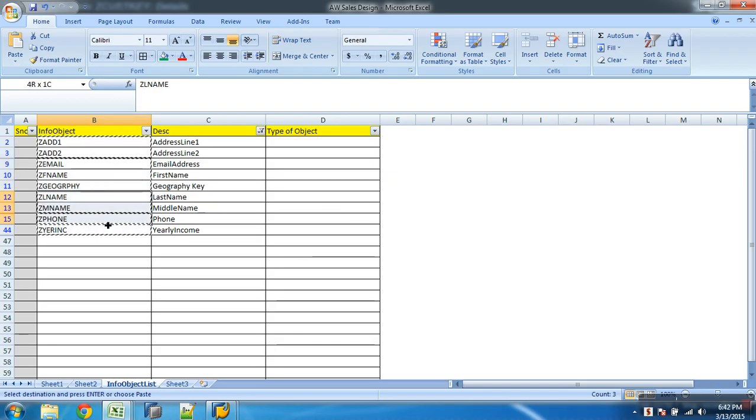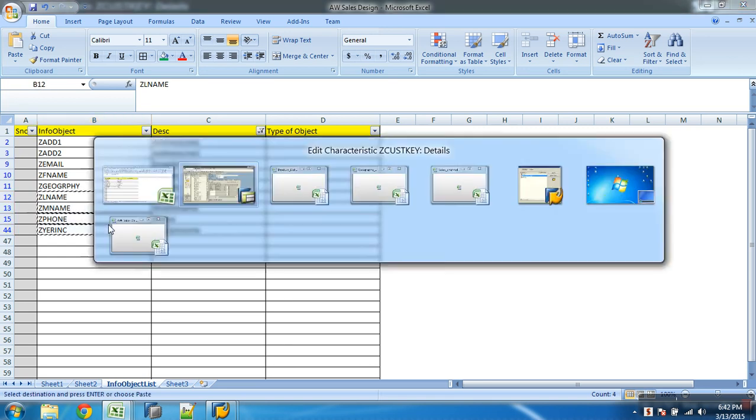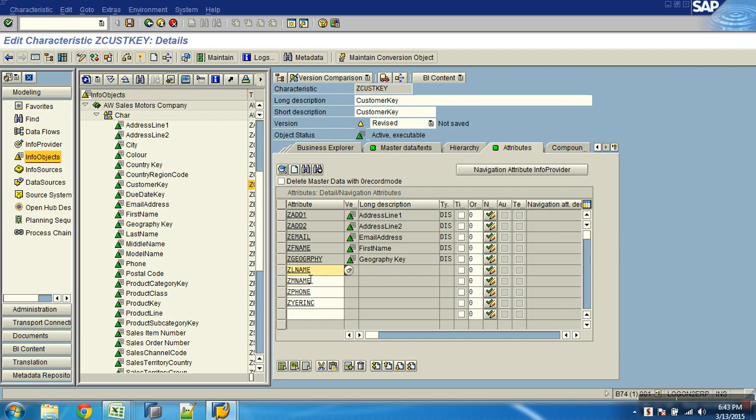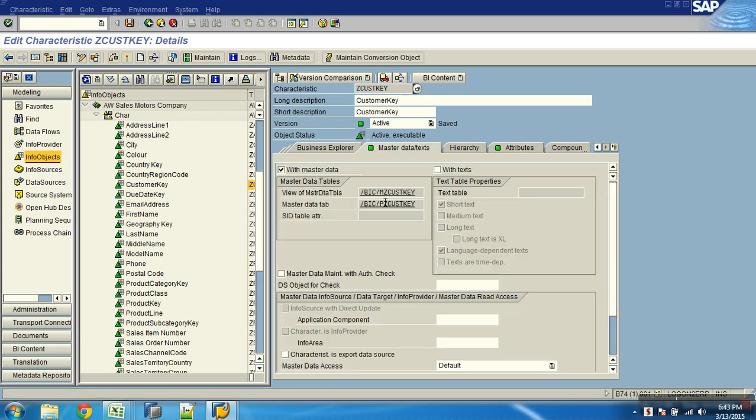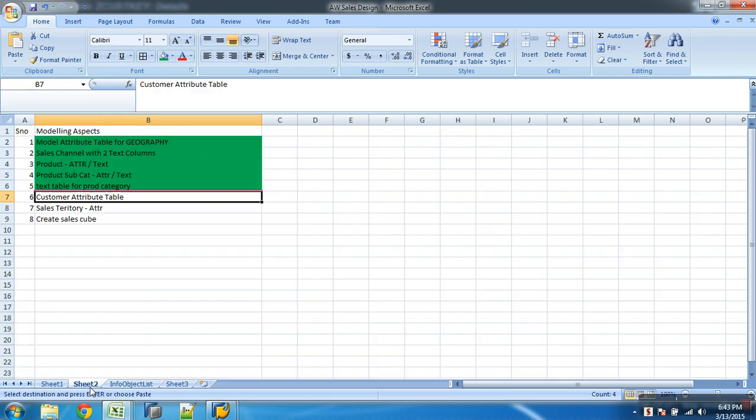Geography, and then done. Now with all this, will it create the attribute table in the backend? So the attribute table of customer key. So all my master tables are done.